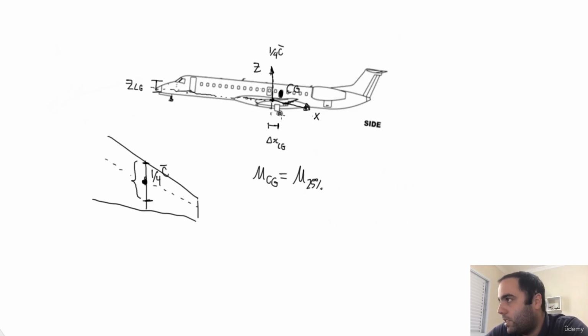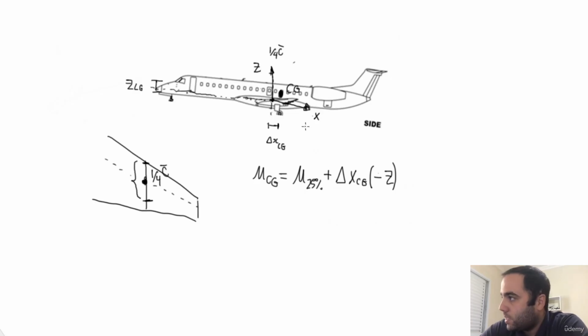So for instance, here we have a delta x times this force, and as we can see here, this force is going to generate a positive pitching moment. So a negative Z force will generate a positive pitching moment. So it's going to be plus delta x CG times, and remember, this force here is in the negative sense, so we have to put minus Z